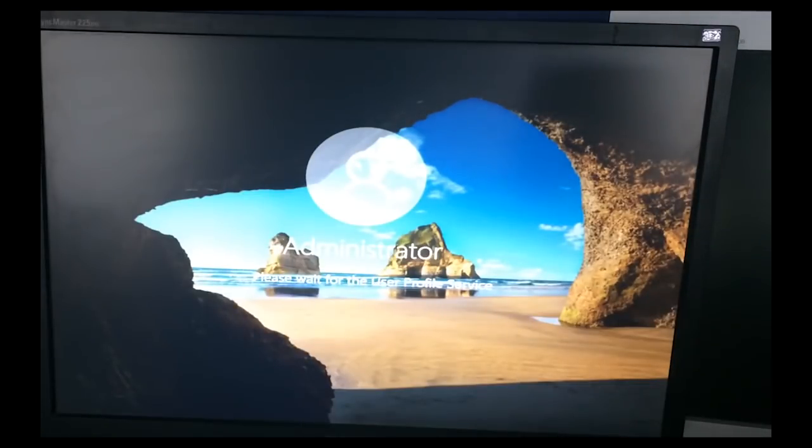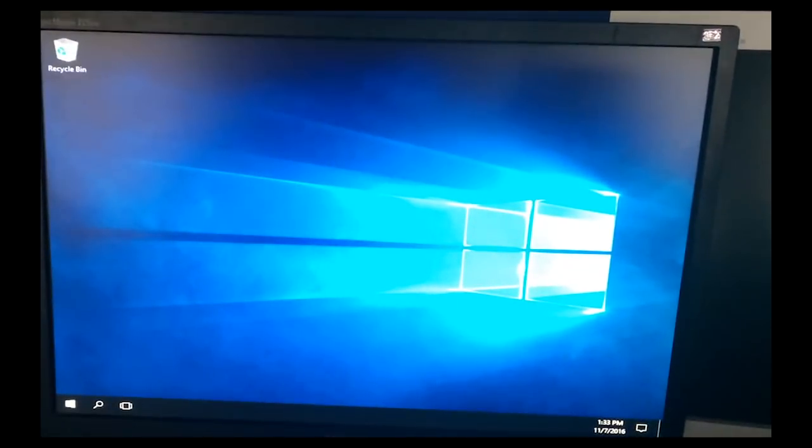Now, what I'm going to do after we get logged in and I figure out how to get around is join this to my existing domain, and then we'll resume the setup on my regular desktop machine using remote desktop. But we have to get to that point. This is pretty much the standard setup I do on all my servers. I get the core operating system loaded, get the network drivers loaded, all that good stuff, get it configured, and then I go to my machine across the way and